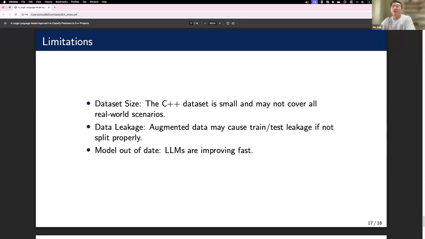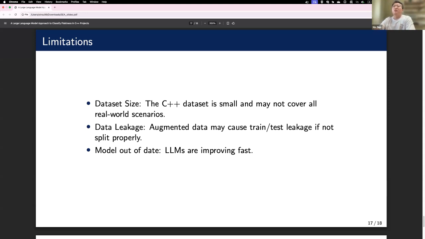The second one is data leakage. There is a risk of train-test leakage if augmented data isn't carefully managed. So future work should investigate more robust splitting strategies.